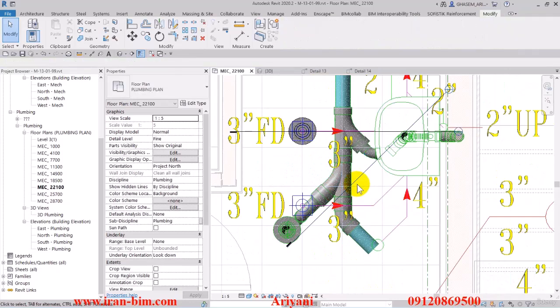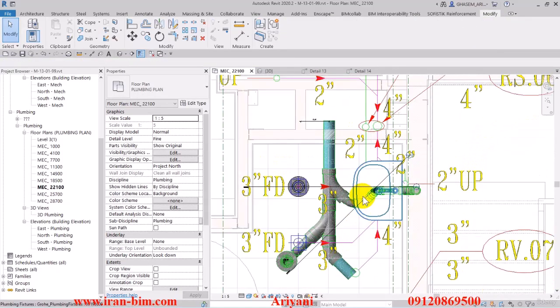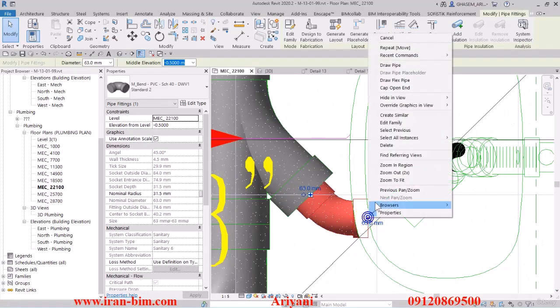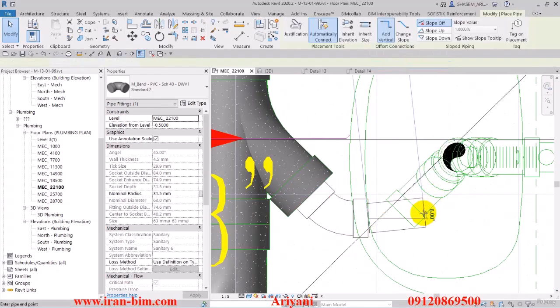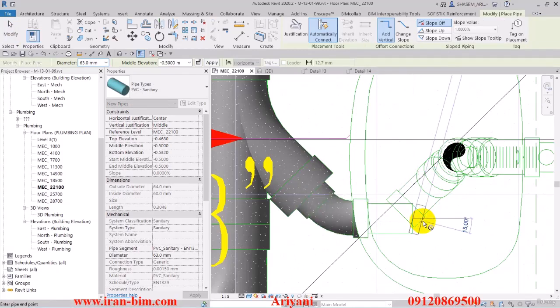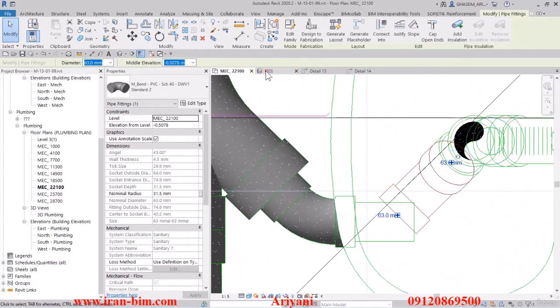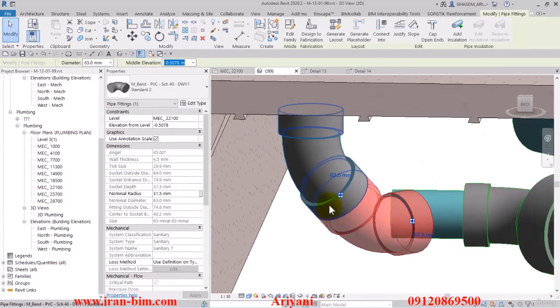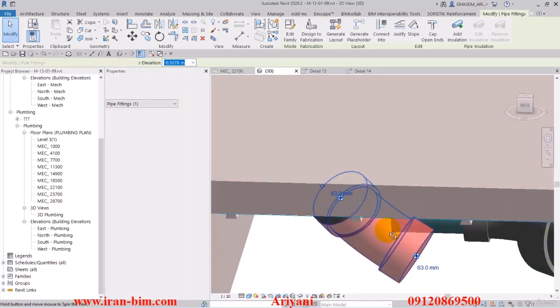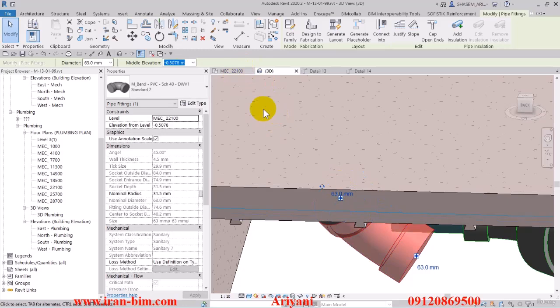So now that that's okay, we can move over to this part higher up. Right click here and select the draw pipe option. Alright, we continue the pipe up to this point and then let's go over to the 3D view to rotate this piece. Now we need to use movements and the rotation of the fitting here to connect these two up